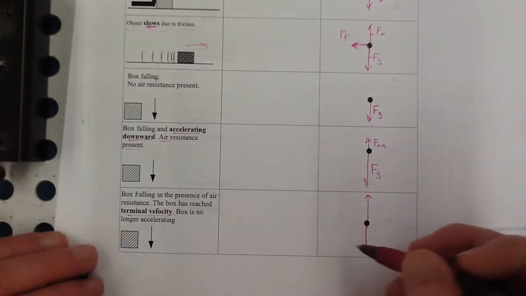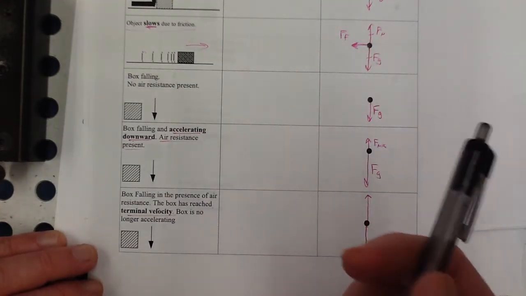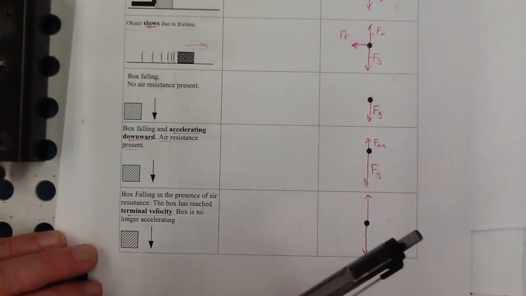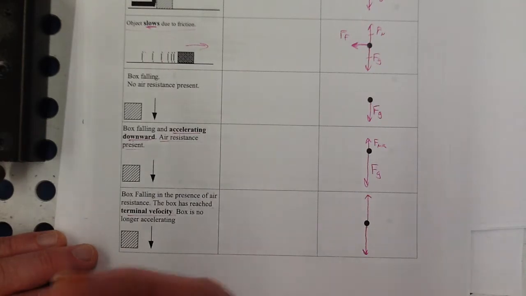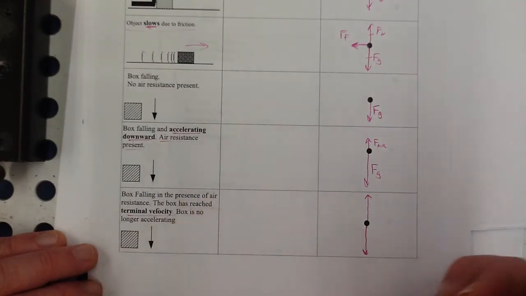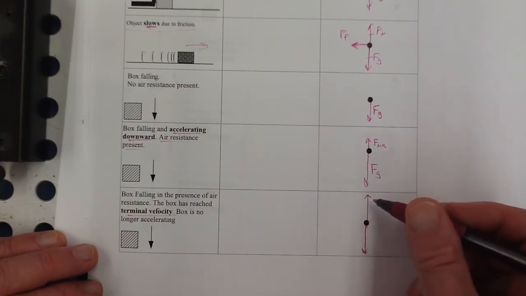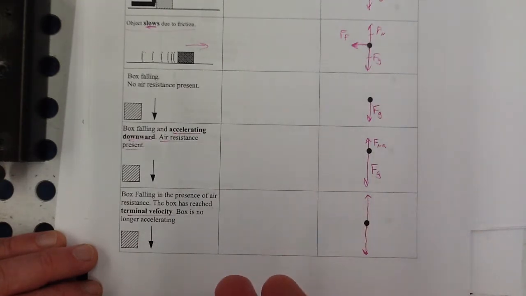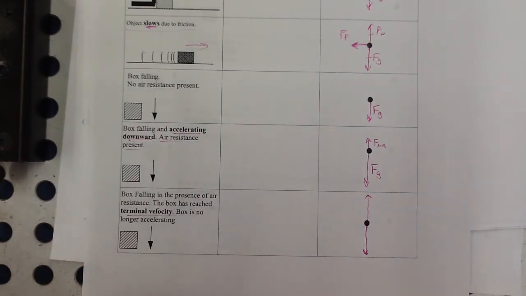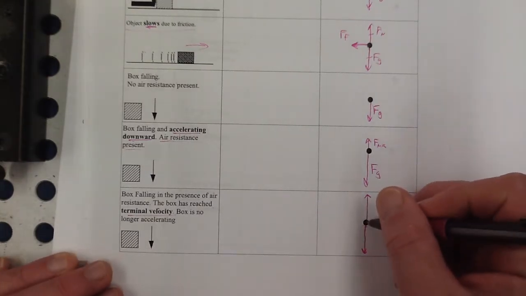So what happens is when a person jumps out of an airplane, for example, they accelerate at the beginning because there's more gravitational force than there is air resistance, because they're not falling downward that fast yet. But as they fall, as their velocity increases, the force of air resistance increases also,